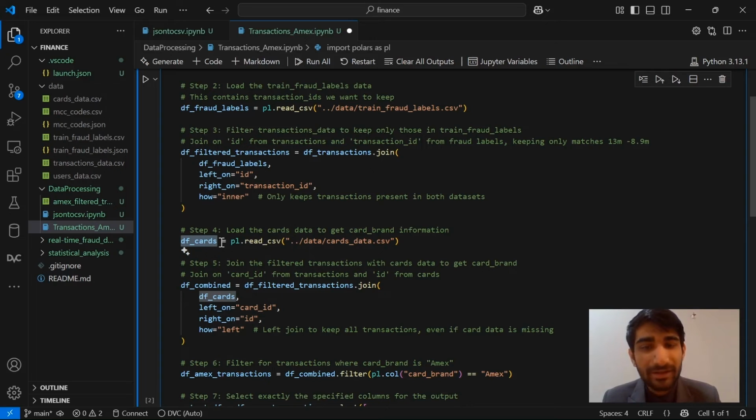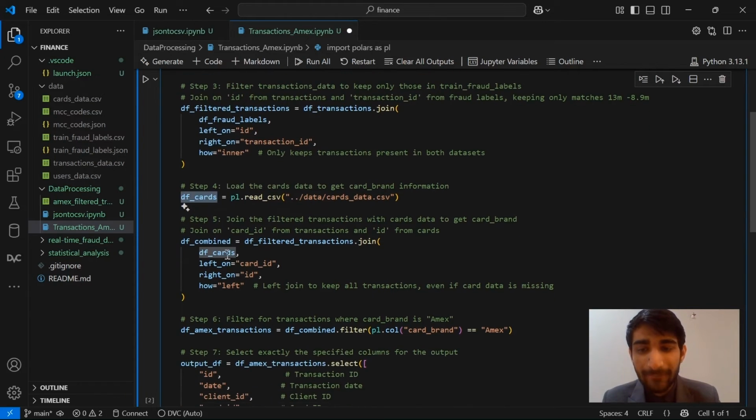I had to use something faster, so that's why we are using polars. So after creating a data frame for the cards CSV file, we are combining now. This is my main file, df filter transaction. So I'm applying the join with this transaction where my card ID is given and the ID is given on the right. So after applying the left join, what I will have is all the transactions, even if the card